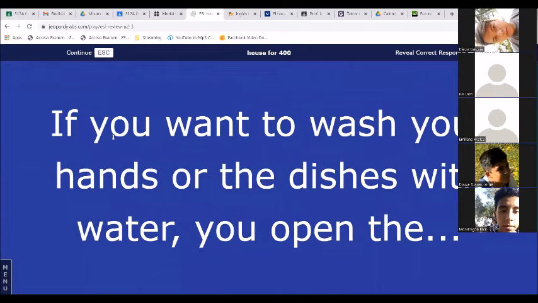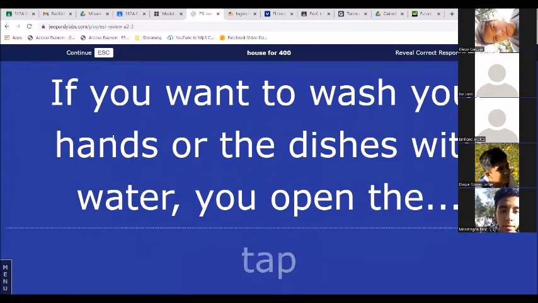You open the, what is that thing called? You're thinking in Spanish. It's called a tap or a pipe. Depending on how you open it, the water comes out of the tap, right?